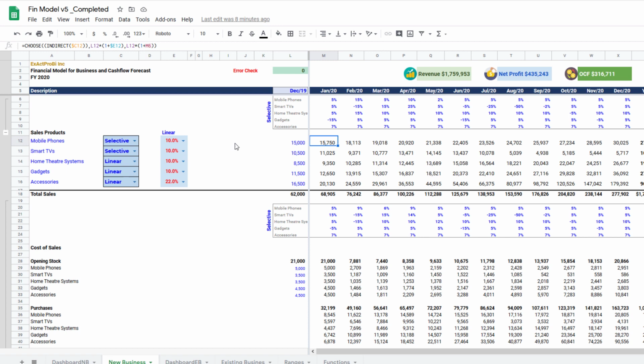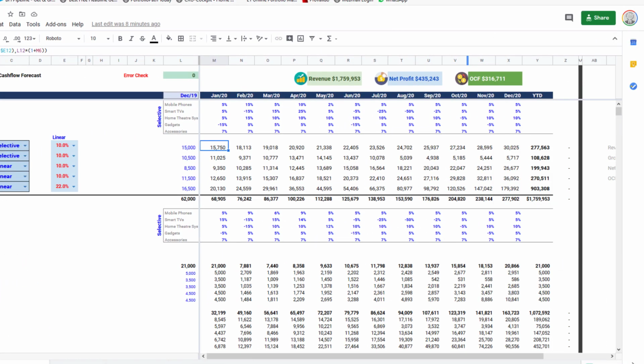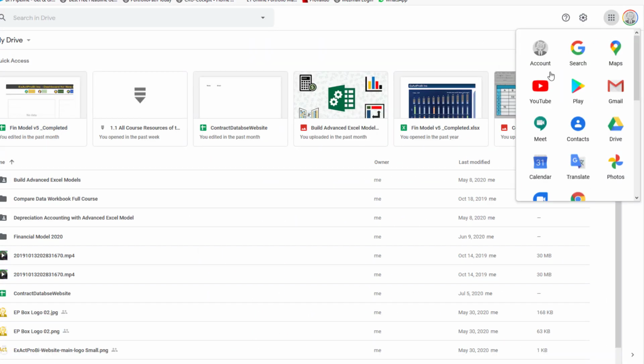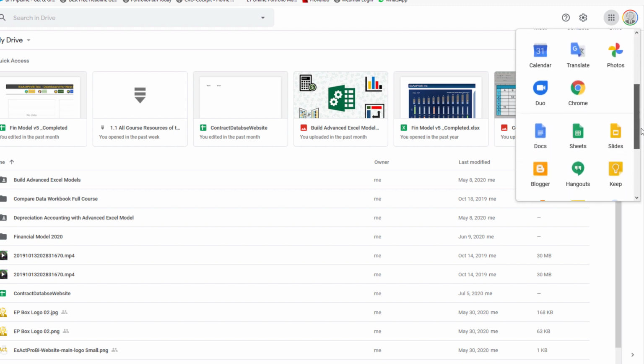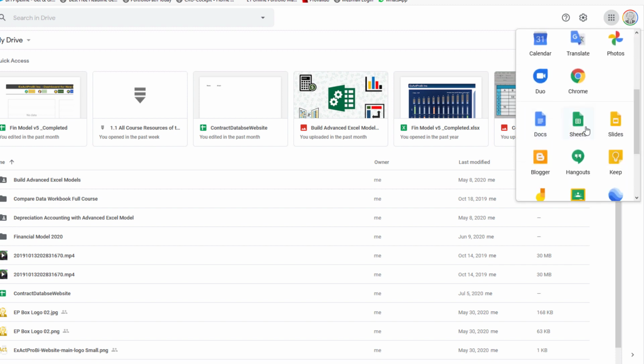Now Google Sheet, if you don't know, is a free spreadsheet application provided by Google. If you have a Google account, any free Gmail or Google account, you can start using spreadsheets in the form of Google Sheet. If you go here and see the Google options, there are many apps. Here we have Office apps like Google Docs and Sheets, and there are Slides. These are the replicas of Microsoft Word, Excel, and PowerPoint.